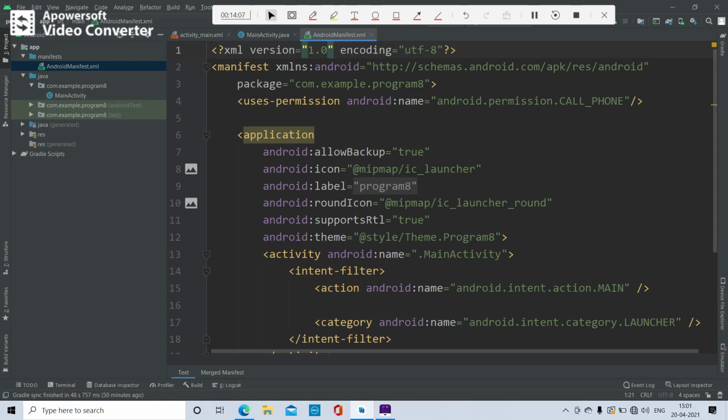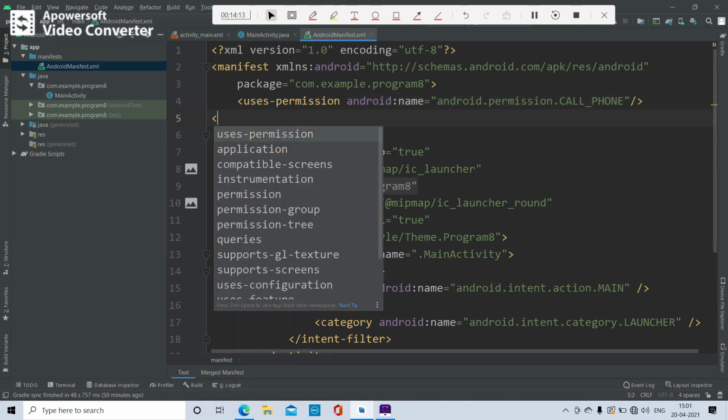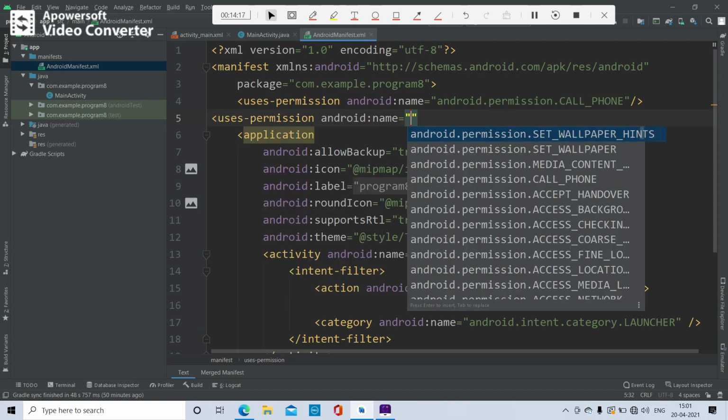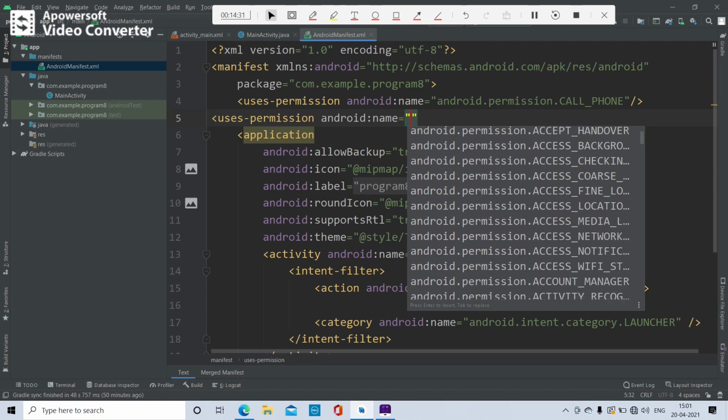Here you need to give permission. How to give permission? By using uses-permission, then android:name. See, it's showing. We don't need to remember all this, but you have to know there is android.permission.CALL_PHONE.